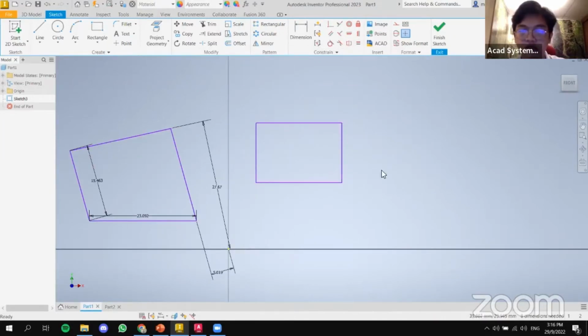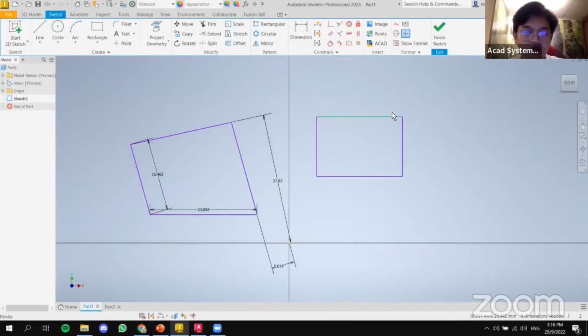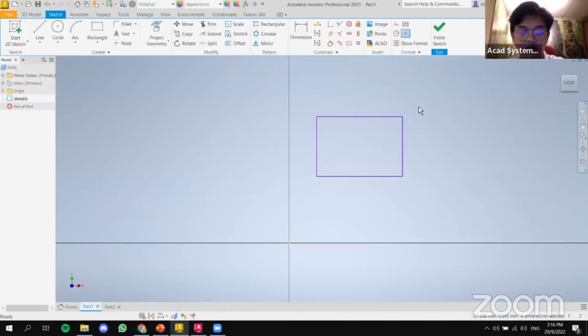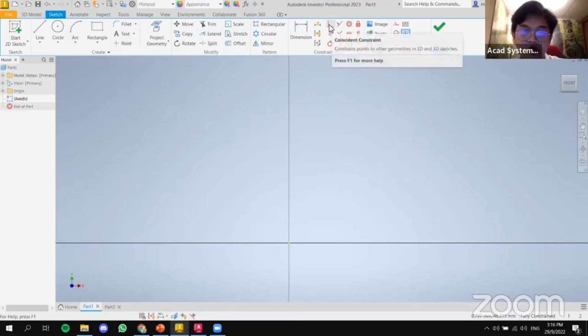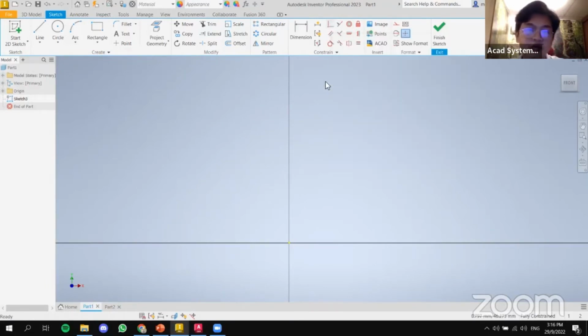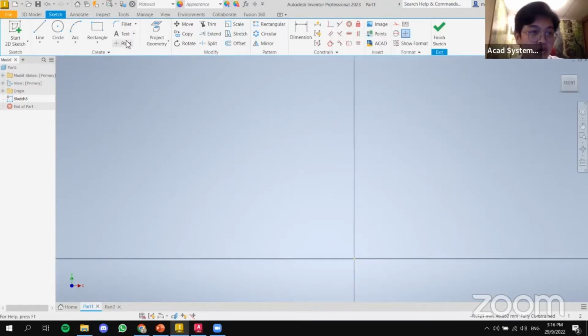So maybe a circle and a line, 3 lines, and so on. Okay, so I will show you one by one. Just like this. Okay, so for the first one, this is coincident constraint. Now, coincident constraint is one where,